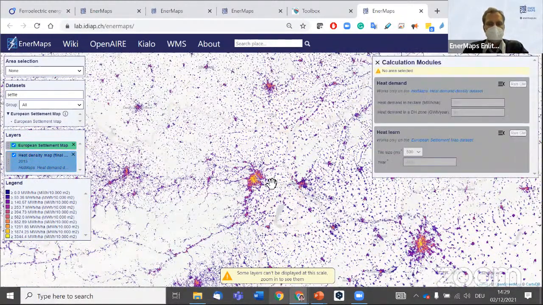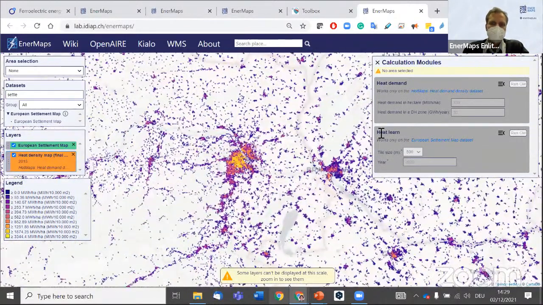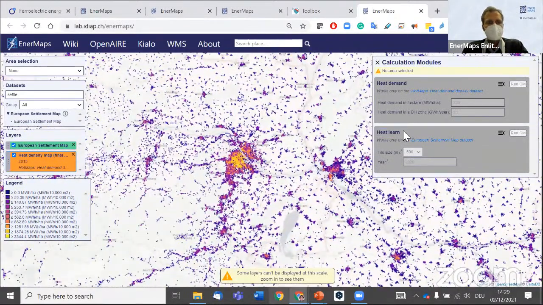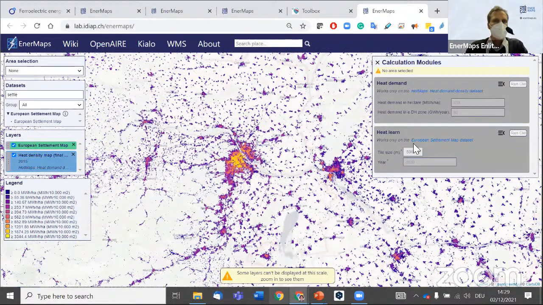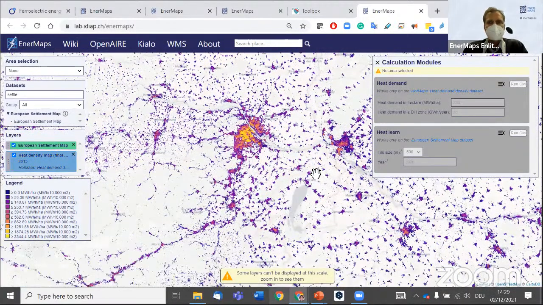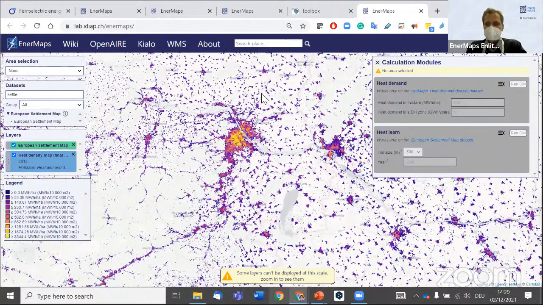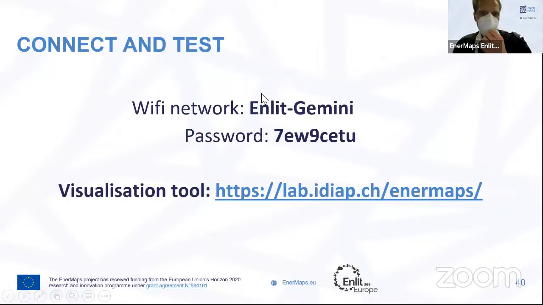Currently, we have 2 calculation modules in the tool. One is the heat learn. I will just now say some more words about it, and also a heat demand analysis module. So the platform actually is currently still under development. And what you can expect is to have 5 calculation modules to come up.